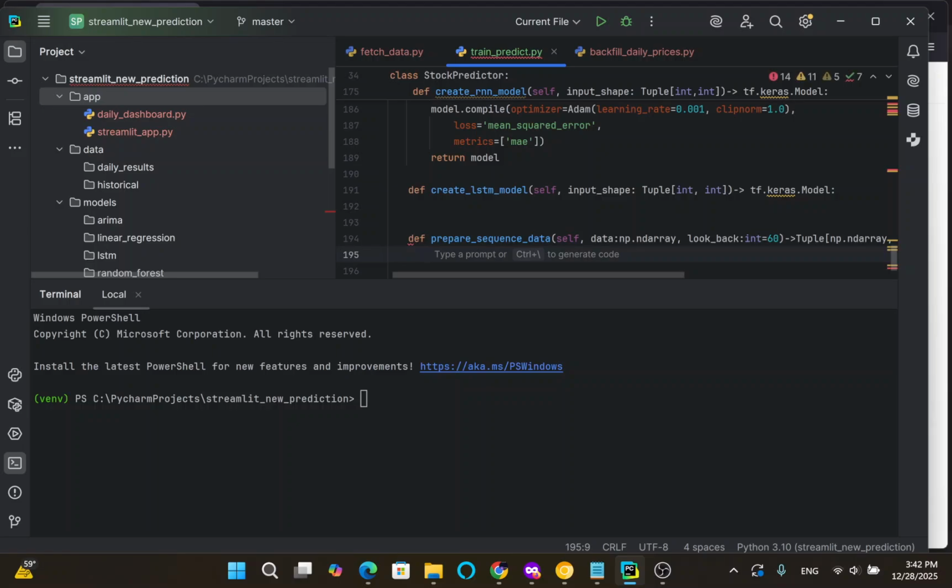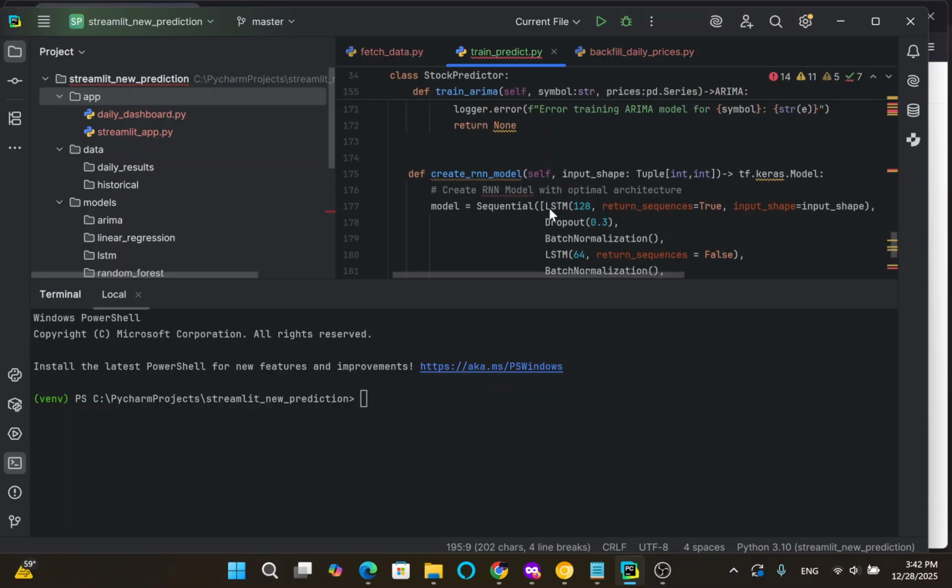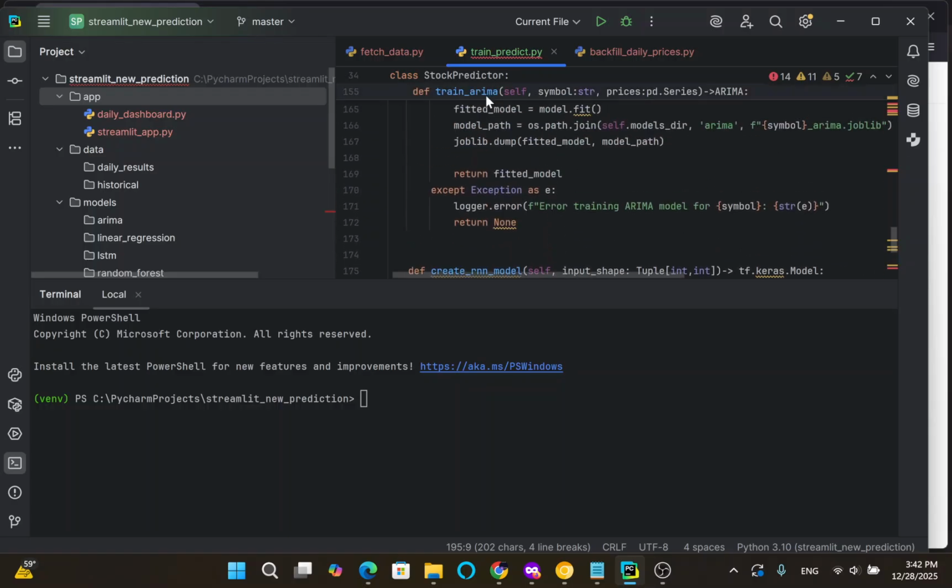So this is what we are going to work on next, and today we created the RNN model and Arima models,